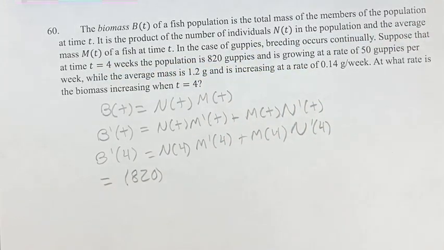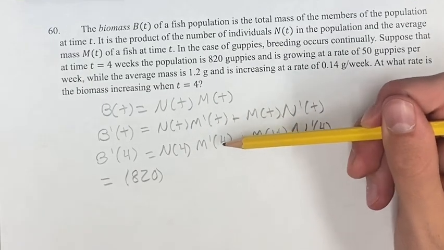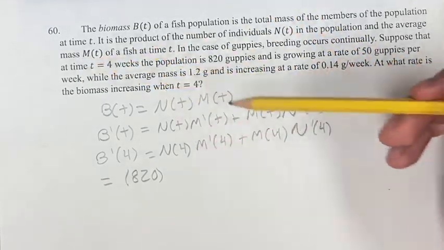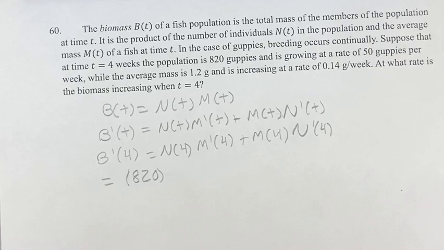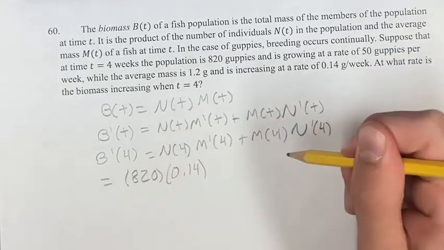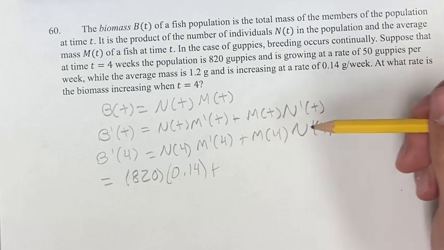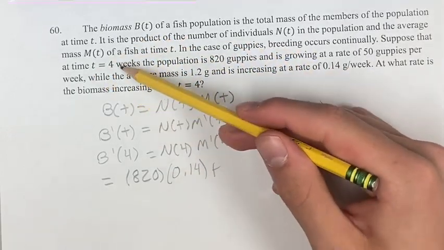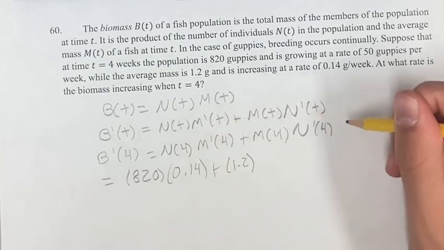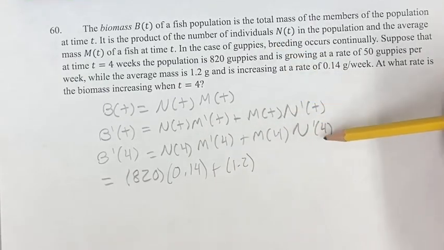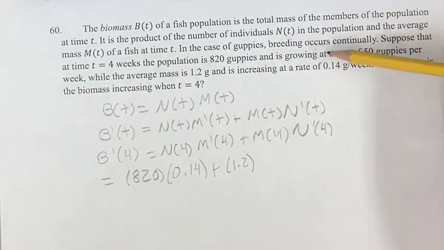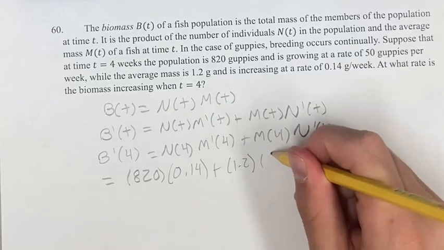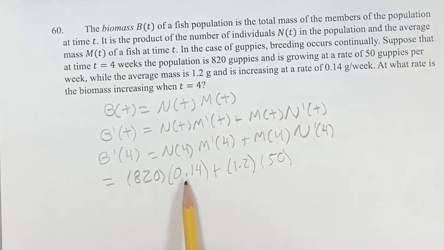So mark down 820. M prime of 4 is where M is the mass. This is the rate of change of the mass, which we're told at t equals 4 is 0.14 grams per week. So 0.14 plus M of 4. M is the mass. At t equals 4, that's 1.2, times N prime of 4, that's the rate of change in N, which is the population, which we're told at t equals 4, growing at a rate of 50 guppies per week. So that's 50. So we have 820 times 0.14 plus 1.2 times 50,